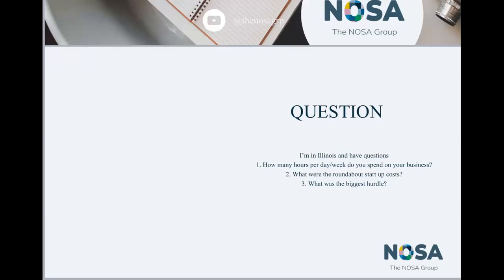similarly minded. Because a lot of times people start their businesses in addition to working a part-time or full-time job. So like maybe they're working 40 or 36 hours, or maybe they're working less than 36 hours. So more of the question in my opinion is kind of, how do you juggle, how do you do both? And then the second part of the question was, what were the roundabout startup costs and what was the biggest